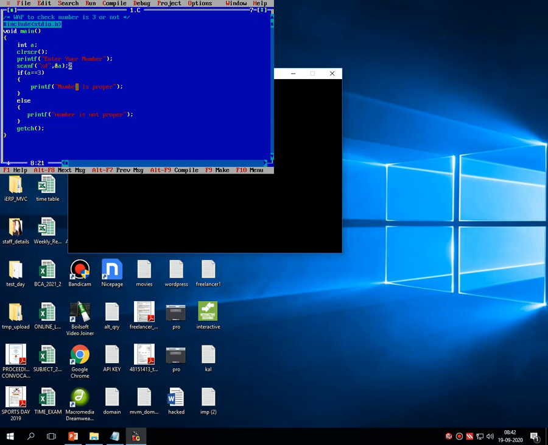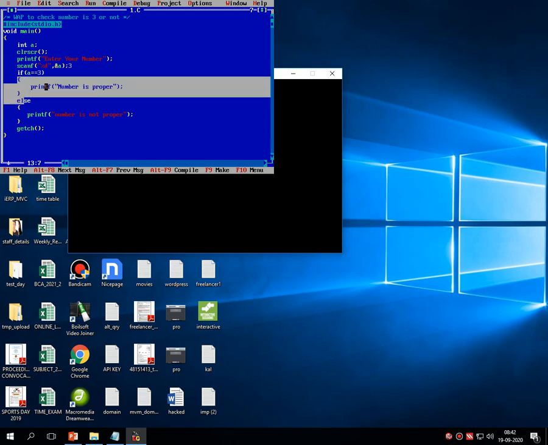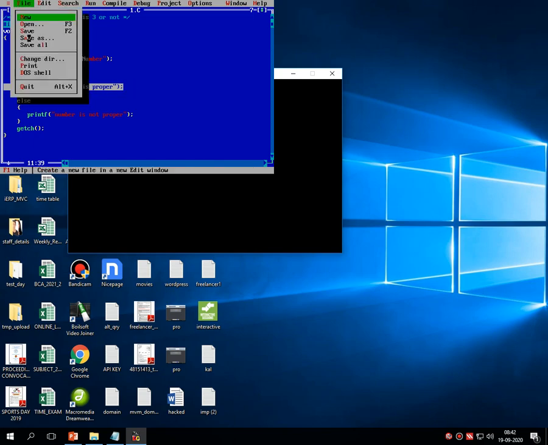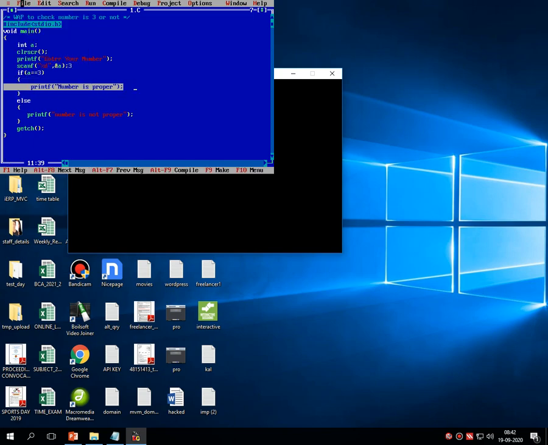So in our test case for the dry run table, 2, this condition becomes false. We have entered 2 and which is not equals to 3, that means this condition is false in our case. So it returns the else part as a message, number is not proper. Again I have rerun the code, and instead of this 2 I have entered 3. So this 3 is going to be checked with right hand side value 3. This condition becomes true and it displays the number is proper, right? So this program works perfectly in a C compiler.